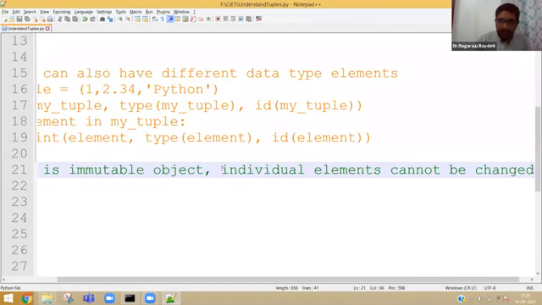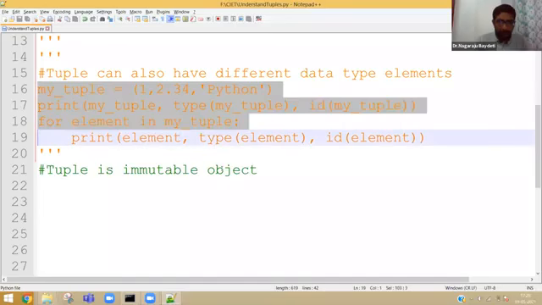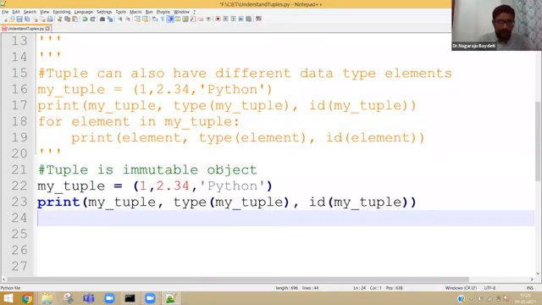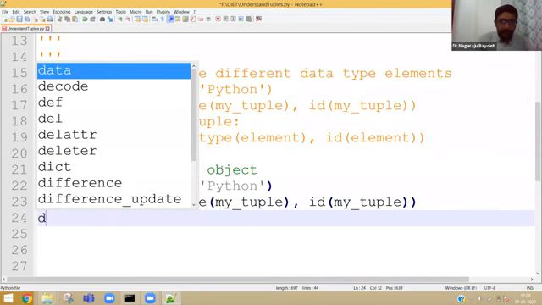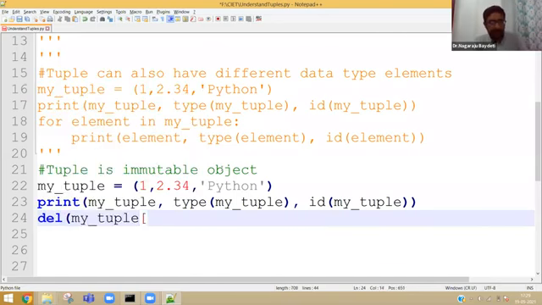So if I write immutable, by default you should understand what immutable is. Let me take my tuple and then try to delete my tuple of 0, that is the value 1.